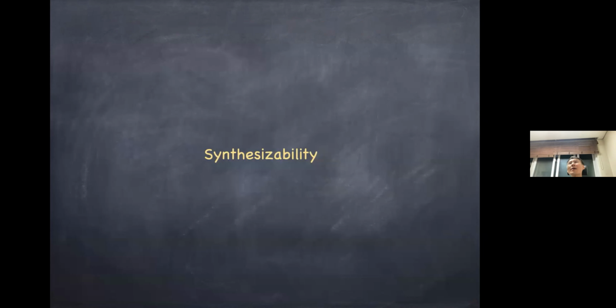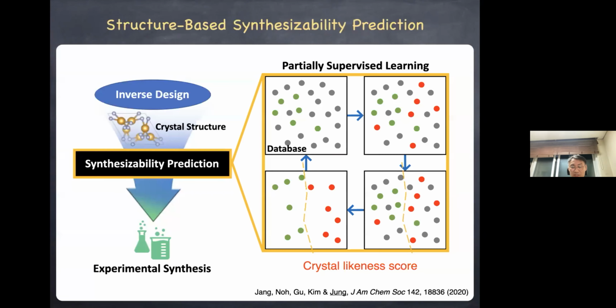Okay, so in the remaining 5 or 7 minutes or so, let me talk about synthesizability. Many of the materials that are computationally designed, either using property prediction models, generative models, or high-throughput screening, end up being discarded because they are not synthesized.